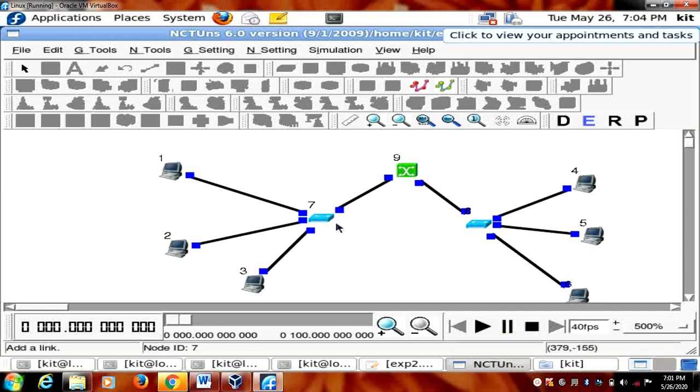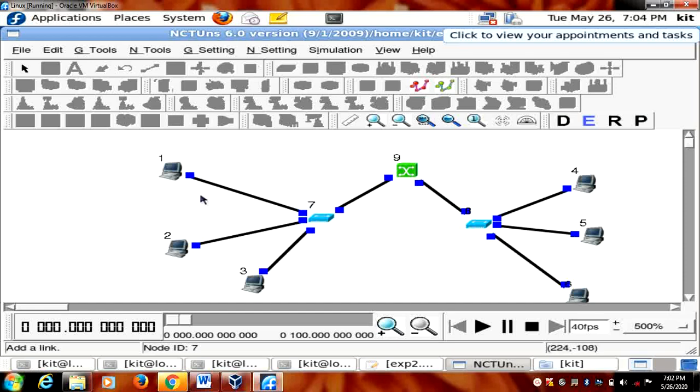But if it is interchanged, means first you connect 1, 2, 3 and then you take this hub, after that you take this 3, after that you take this hub, if you do like that, the IP address will change. So for easier sake, I have arranged like this. Go through this step itself, it becomes easy. Understood? So now I need to send the data from 1 to 4, 2 to 5, 3 to 6.